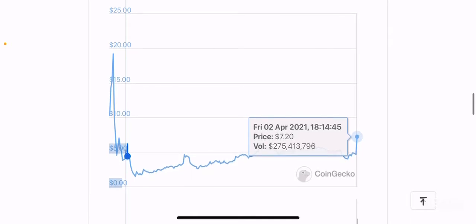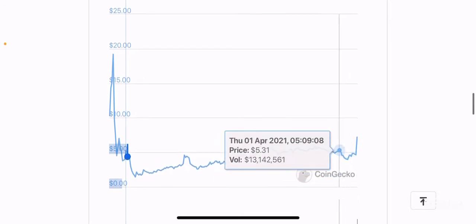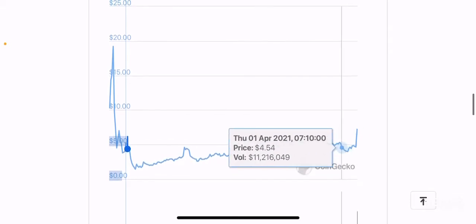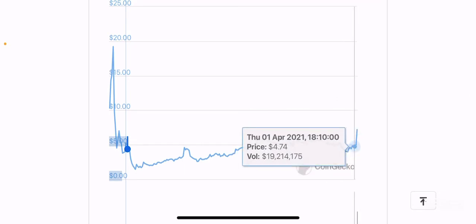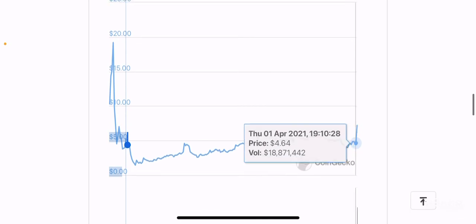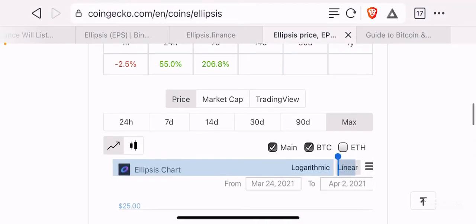I do believe that this token is going to come down. You will probably find support at $5.30 or $5.60 in that range, and that would probably be a really good price point to buy this token if you are interested in buying this. Although this is a small pump, not as significant as the previous all-time high, which is basically like $19. You can still wait to buy this token, because again,